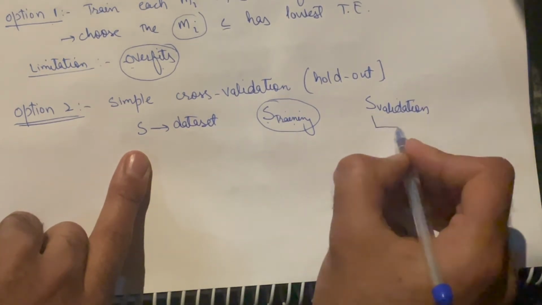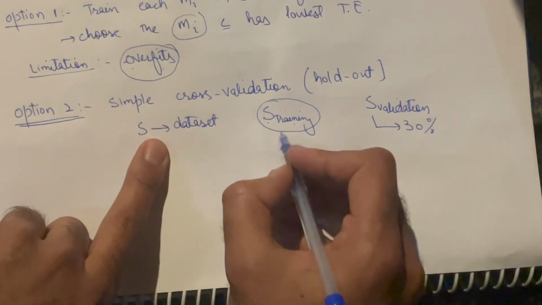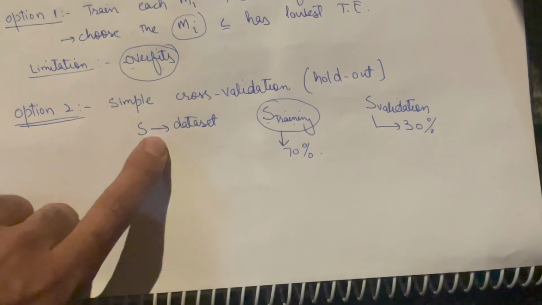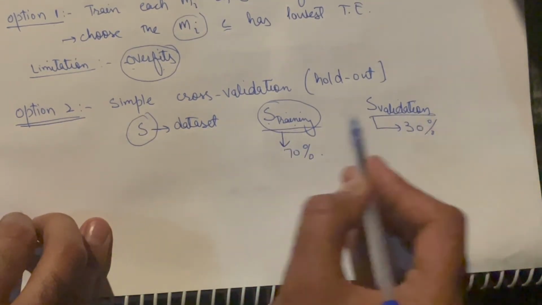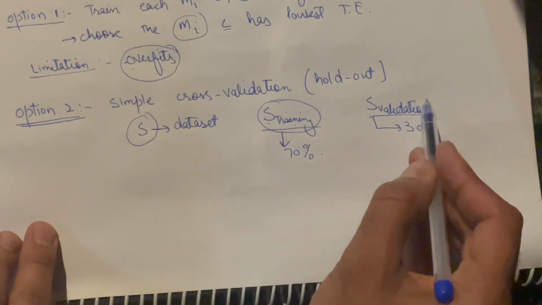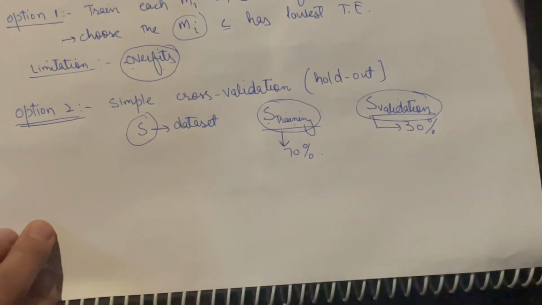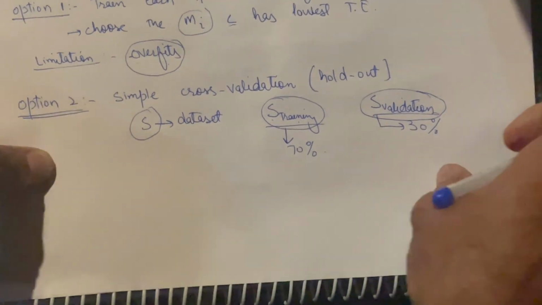So this part is usually 30% of the actual data set, and this is 70%. Okay. So now from one data set we have created two data sets. One is the training data set, another is also called a test data set or validation data set. Okay. Then what we are going to do, we will